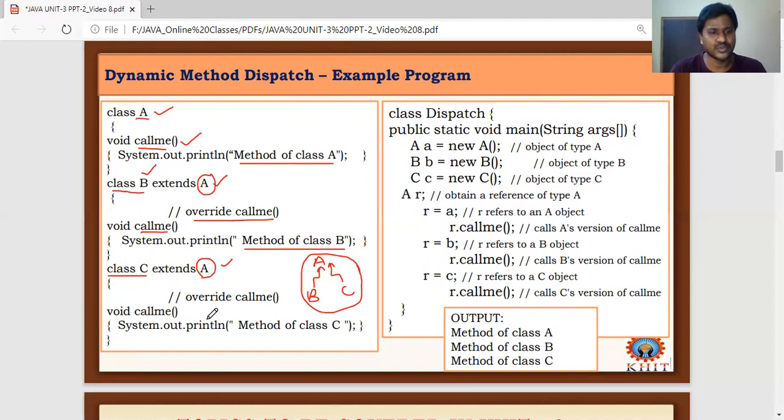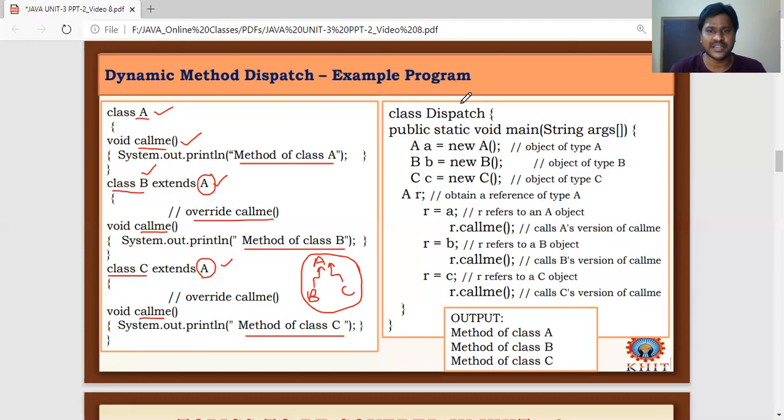So here this subclass C is also extending the properties of class A. So it can also override the method callme with the same name inside this C class scope, inside this callme method of subclass C. So these are the behaviors of this class hierarchy. Class A is a superclass having the callme method. Class B is a subclass of A having the same callme method, an overridden method. And class C is again a subclass of superclass A having an overridden callme method.